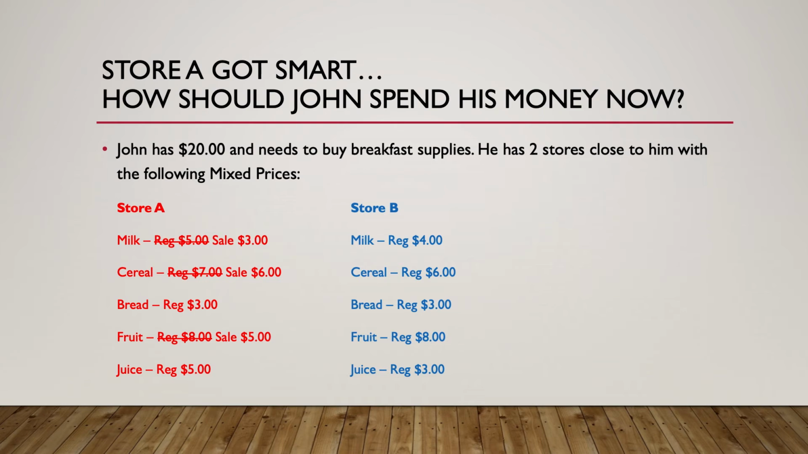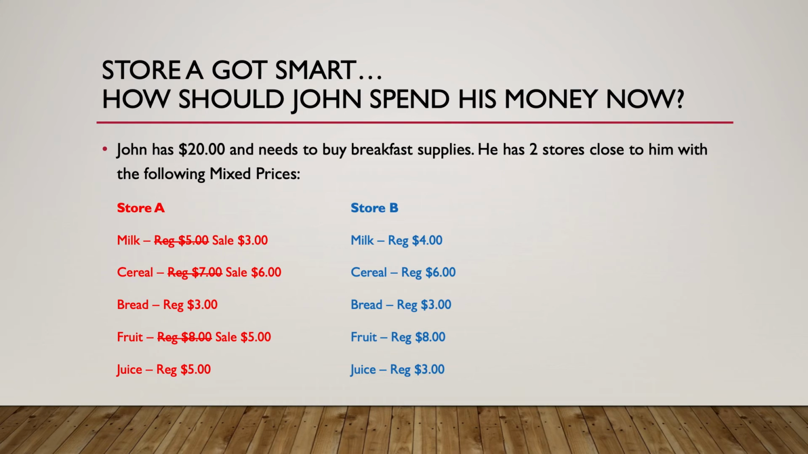But typically consumers buy a basket of goods. They're not just buying a single good. So let's say John wants to buy some milk, some fruit, and some juice. At store A, he's going to spend $3 on milk, $5 on fruit, and $5 on juice. His total basket is $13. At store B, that exact same basket is going to cost him $15. It's $2 cheaper for him to shop at store A than at store B,